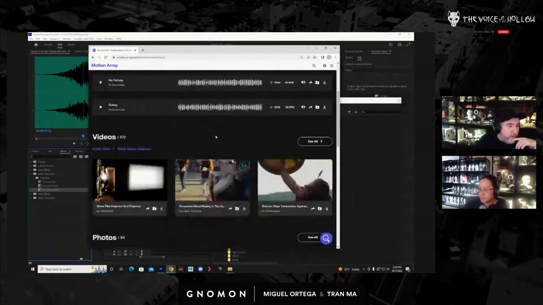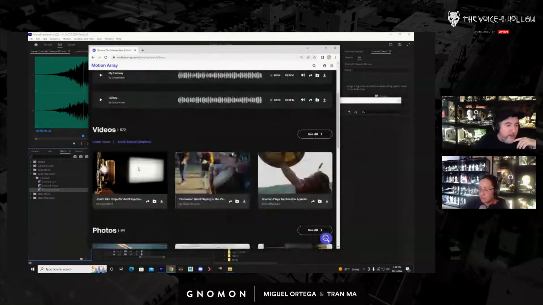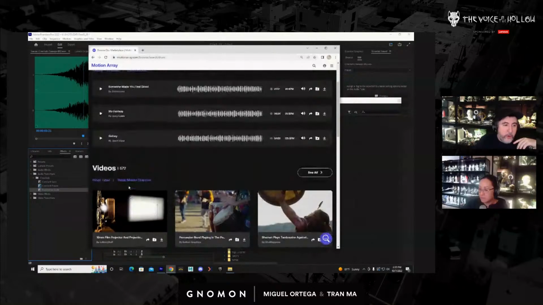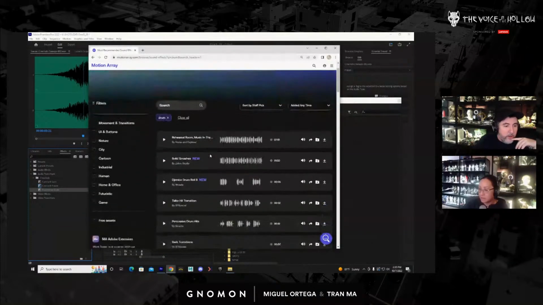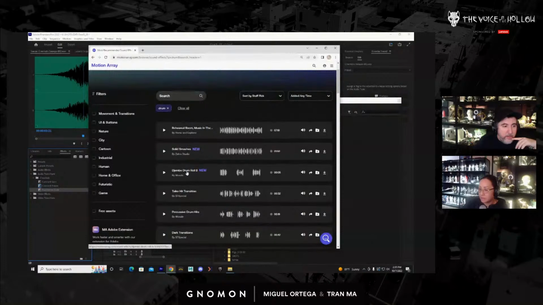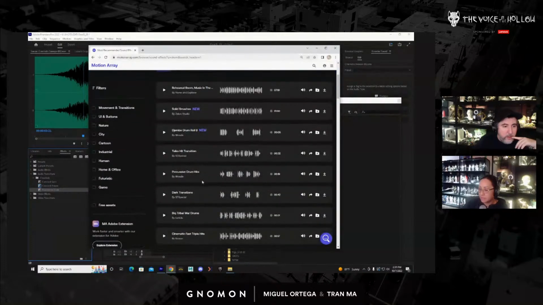Okay. So you could see it's broken down into categories. And again, I don't need photos, I don't need videos, but they have audio. So you go to audio, and then you could see percussive drum hits. Preview. You have a bunch of different stuff.